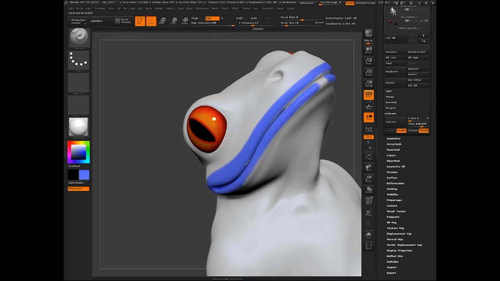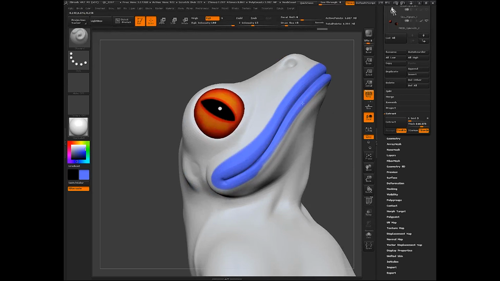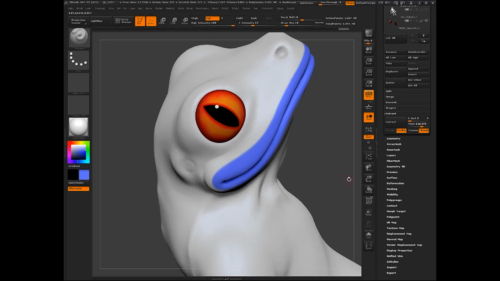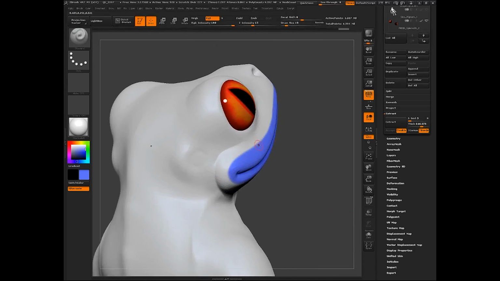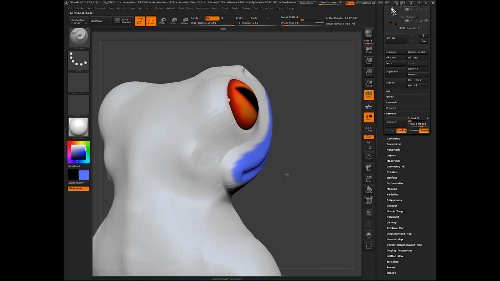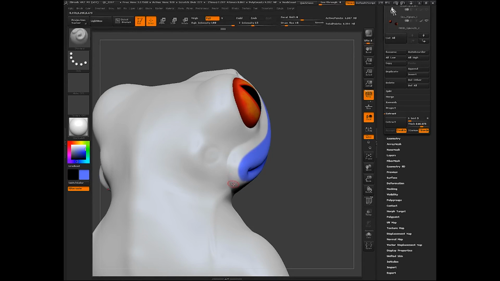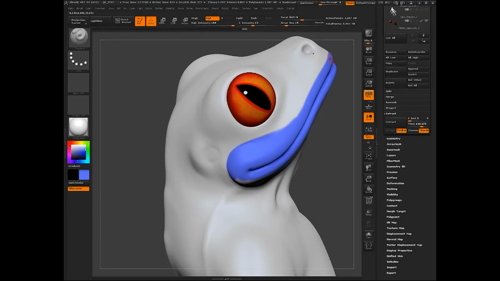So we're just looking at the edge loops around the mouth. So right now I'm painting where those edge loops will be. These will be the primary edge loops for the mouth movement, especially for any kind of lip curl or anything like that. And so we're just going to make sure that we paint this blue on right along the crease of the mouth.